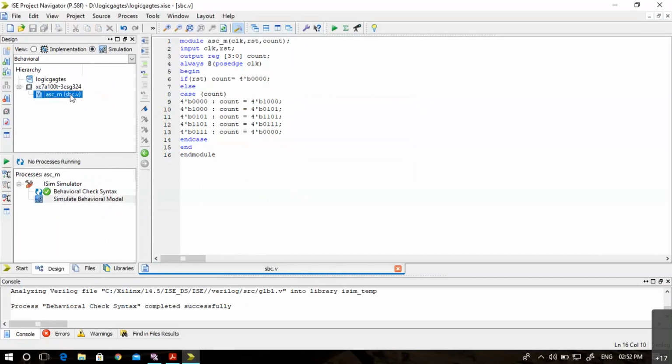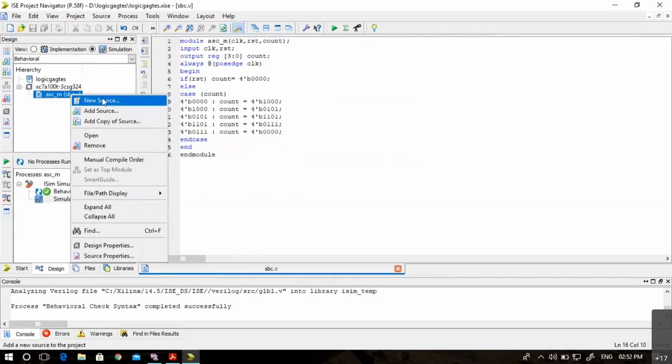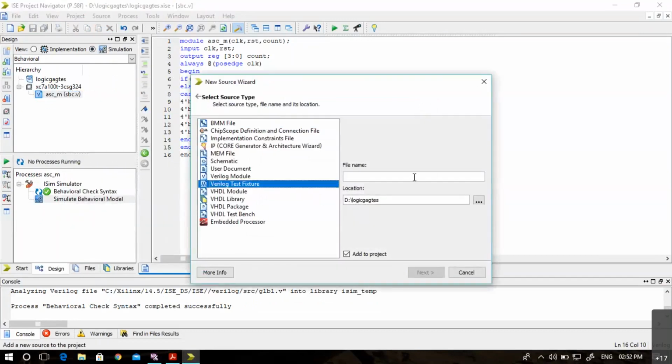Let me add a test bench. It is any sequence counter underscore test.